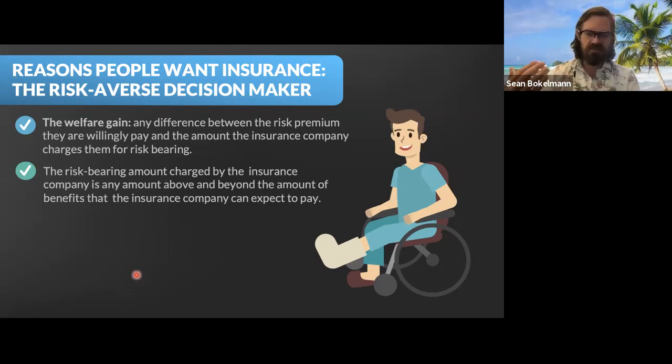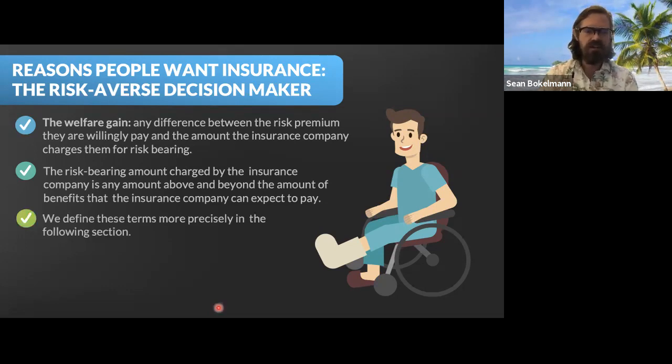Now we have to start thinking about this from the perspective of the insurance company, right? In order for them to stay in business, they have to cover their costs, and their cost is going to be the expected payout plus any administrative costs, advertising costs on top of that, right? But we're going to look at this in more specific detail in the next chapter when we look at supply. For now, we can think about things in simpler terms. But we need to define a few things more precisely in the following section to move on to that.